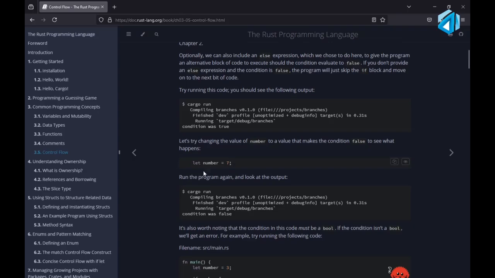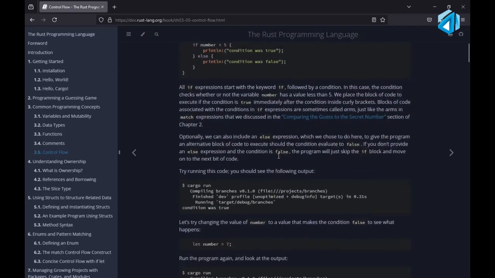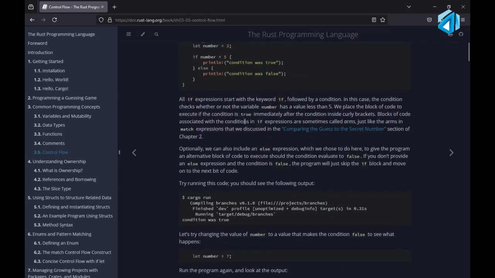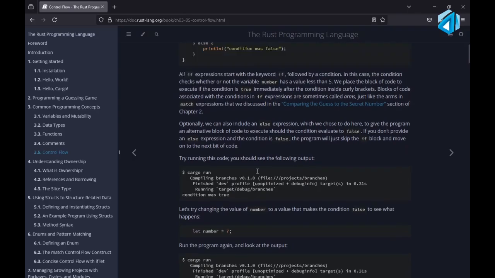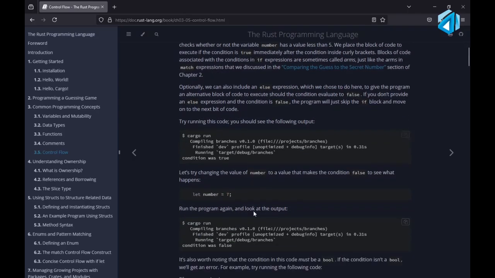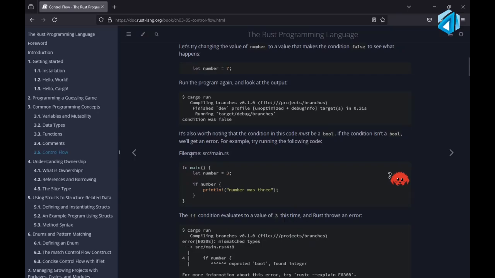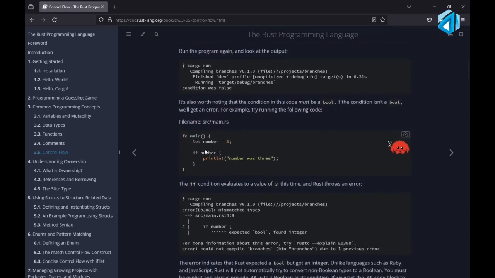Now here we have let number be 7, so the condition is false, and we have a different kind of running example given here. We run this one and this one. Let's try changing the number, and then the condition was false. We are doing again if number, let the number be equal to 3, and if number